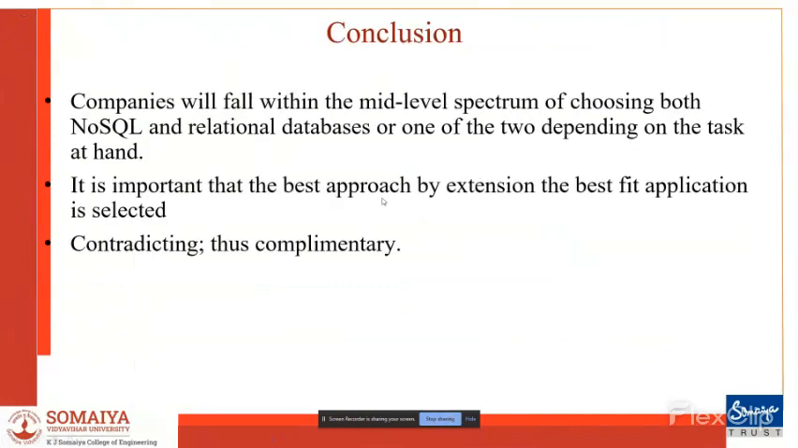So, the authors of the paper concluded that companies that use databases will fall within the middle level spectrum of choosing both NoSQL and relational databases, or one of the two, depending on the task at hand. It is important that the best approach, by extension the best fit application, is selected. NoSQL and relational databases are contradicting both in their specifications and in their implementations. Thus, by being contradicting, they act complementary. That is, using both of them together or either one of them will provide us the best solution depending on